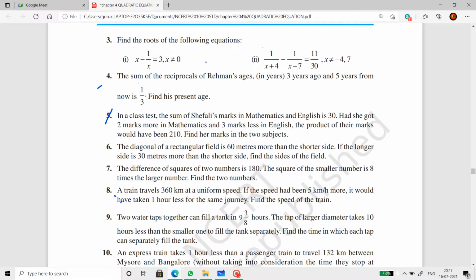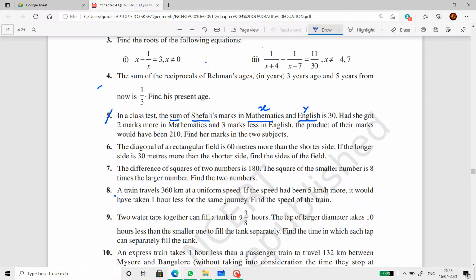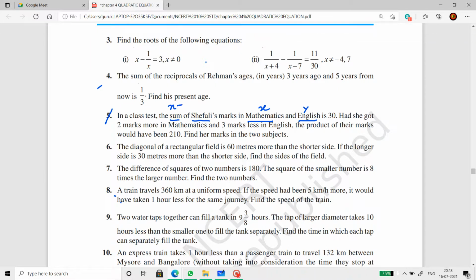Fifth question. In a class test, the sum of Shefali's marks in mathematics and English is 30. So let us assume she got x marks in maths and y marks in English. That means the first equation is x plus y is equal to 30. Had she got 2 more marks in mathematics and 3 less in English, the product of their marks would have been